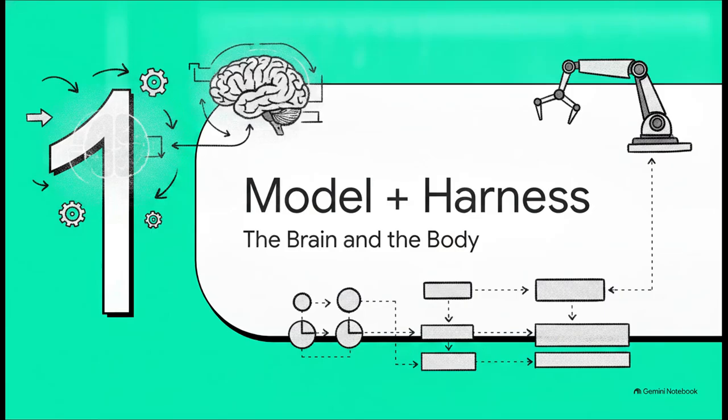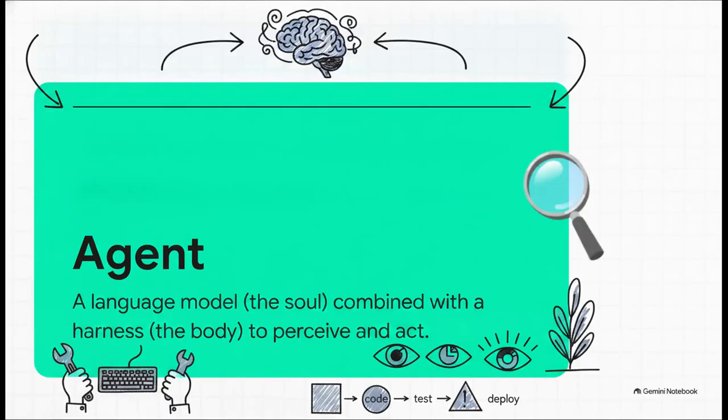Starting off with Section 1, agent equals model plus harness. Or, as we can think of it, the brain and the body. The crucial point to grasp here is that DeepSeek treats the language model strictly as the soul or the brain of the operation. By itself, it has all this intelligence, but zero agency. The harness steps in to act as the body. It provides the hands, the eyes, and the environmental perception needed to pull off multi-step, real-world tasks. It's the literal bridge between the AI typing out a line of code and actually creating a file, running a